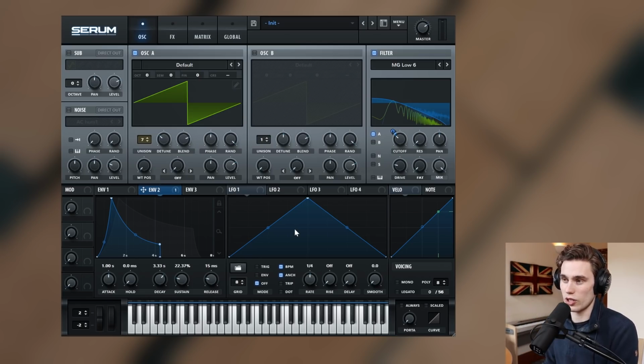Right now, if you see here in the velocity, no matter what velocity I play in, the volume is always the same. So to change this, I pull the level down slightly on this oscillator, and I just link the velocity to the level. And now if I play a low velocity chord, it's quiet, and if I play with much higher velocity,